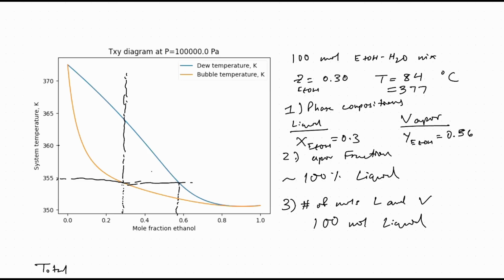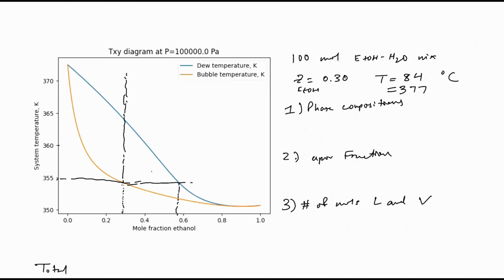Now let's do the same thing here. We want the phase compositions, the vapor fraction, and the moles of liquid. So instead of 355, we're now operating at